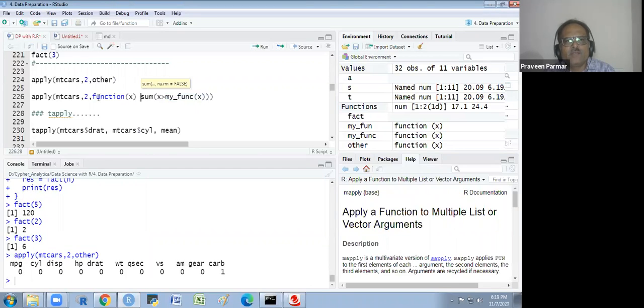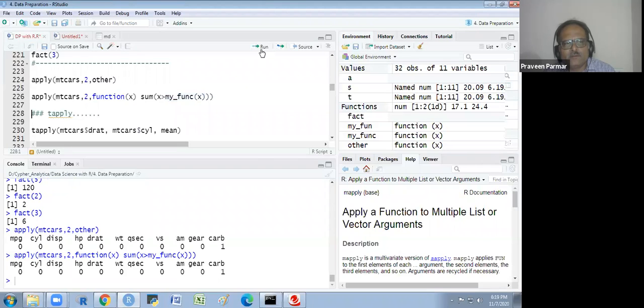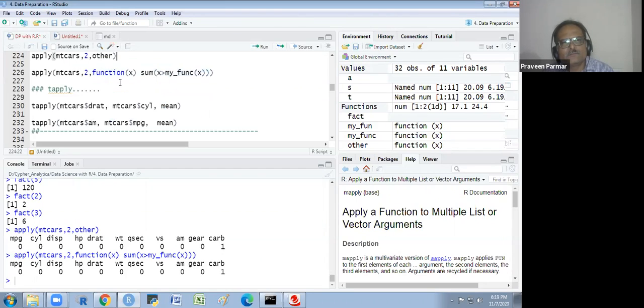And that's function x. So I run it, and I also get the same thing. So I could use the other function, or I could use this one also. This one is better. The first one, tapply, I have explained to you earlier.